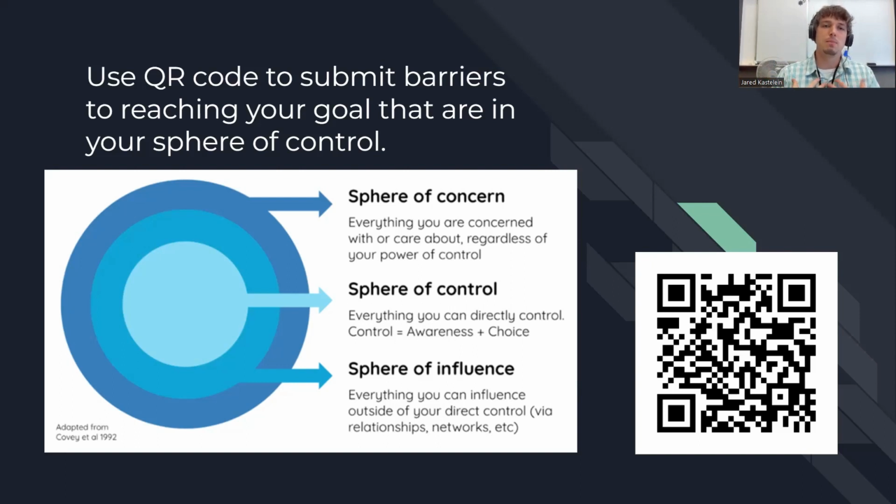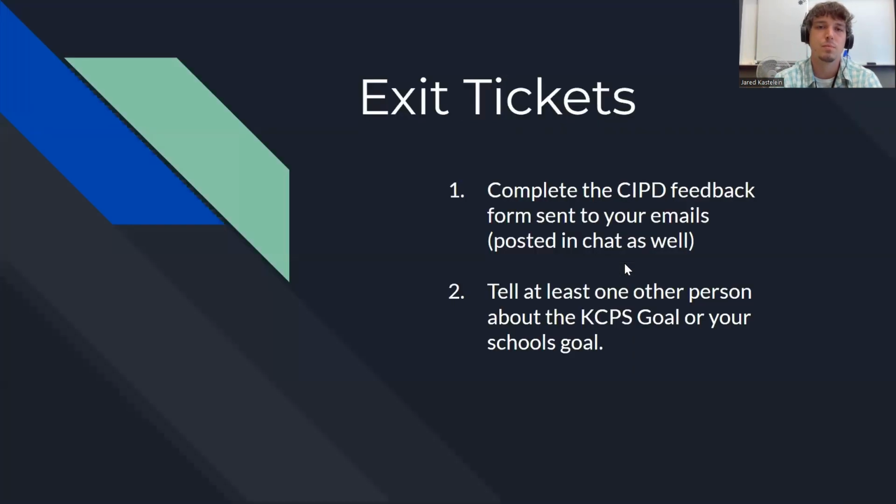It also gives me data to take to people that I know, hey, this is in your sphere of influence and your sphere of control. What can we do to fix this? Some of it's probably going to land on me, like, oh, that's something I can fix, so let me handle that. You can submit as many as you want, so take your time. I wanted to give you an avenue to voice those, but not just in a venting scenario. I actually want to take those and see what we can do to fix them. Some of them are difficult, but what can we do to get rid of as many as we can?